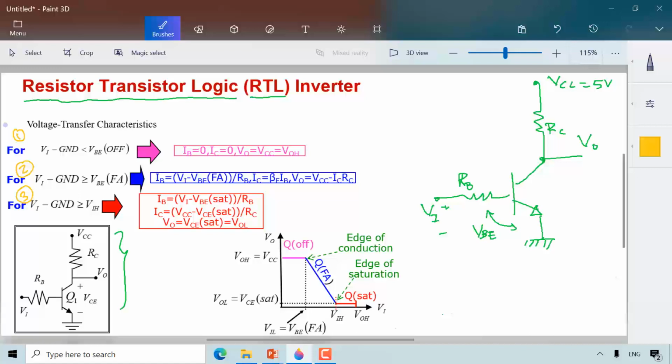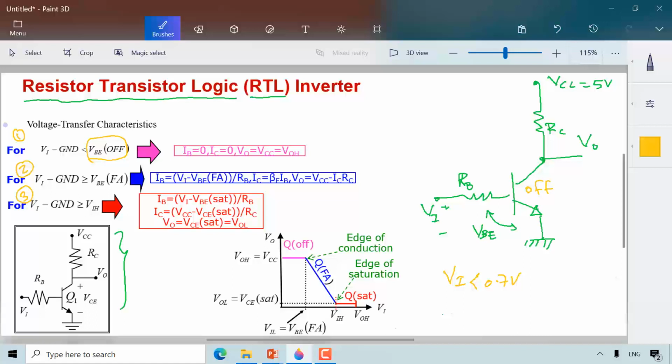If the input is less than 0.7 volt, and this is referred to as VBE off, then this device is in the